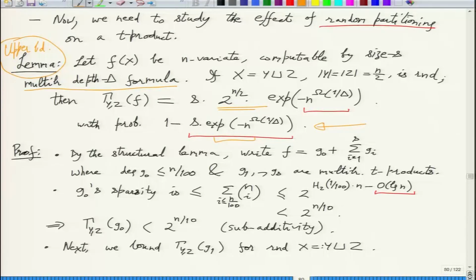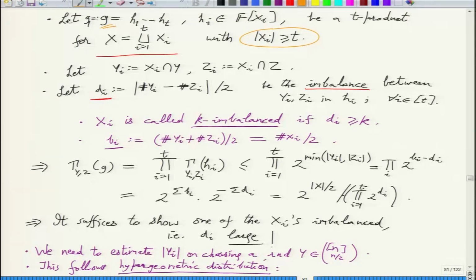So the way we would do this is multilinear T product decomposition. Right, so we will write f as essentially a sum of multilinear T products, plus there is a G0 term, which is the kind of term to ignore. These are the low degree monomials, which do not contribute much to the measure. So then the question reduces to studying gamma of G_i. Right, so that is what we were doing.